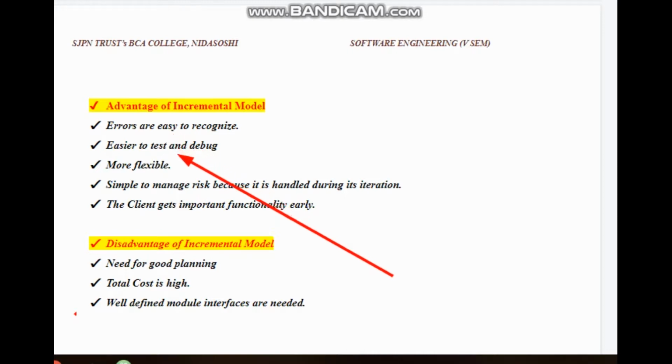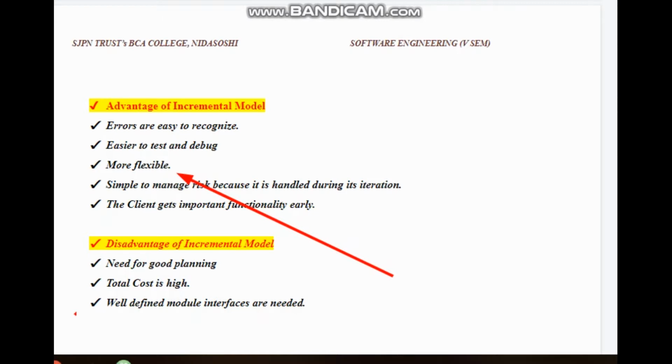Second, as I told you, it is very easy to test and debug. Why? Because we do all the activities module by module. Suppose we take the login module, and then we repeat all the phases. We do requirement collection for the login activity, we go for system design for login activities, we go for development, unit testing, integration, and all the other things. So it becomes easy to find the error as well as to do testing on the specific standalone modules.